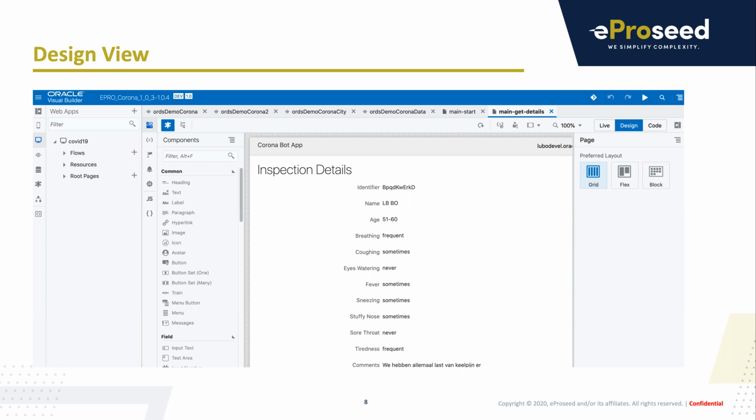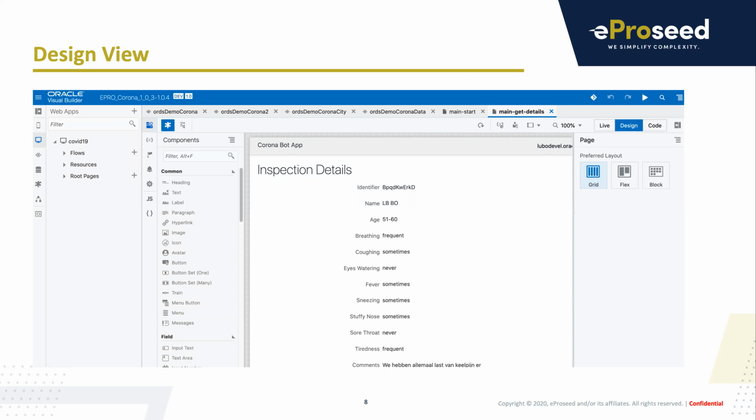And this one is an application that we developed based on a template, but we at eProceed developed it to show details around Corona or COVID-19 infections. I think half of the world is currently doing stuff like that, but it's also very good for demo purposes. So here we see the, how do you say it? The